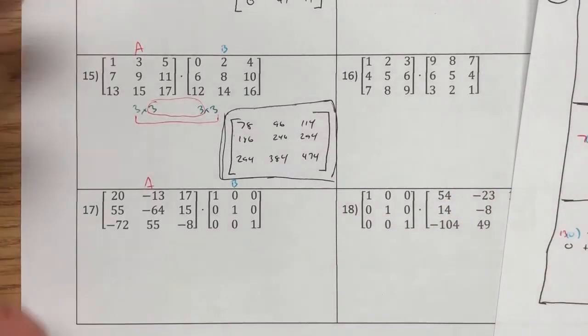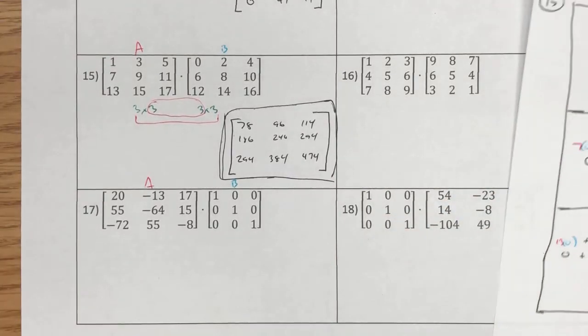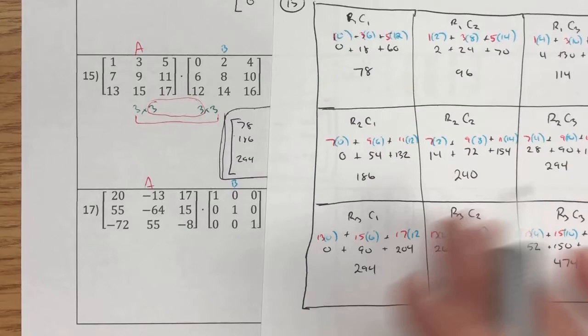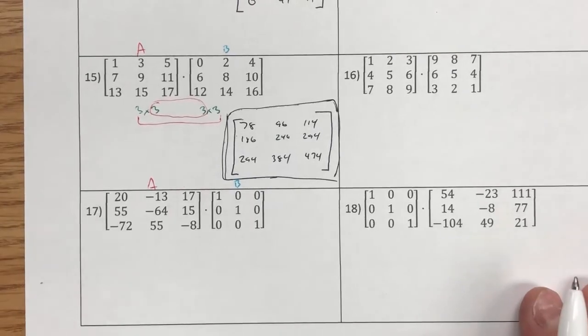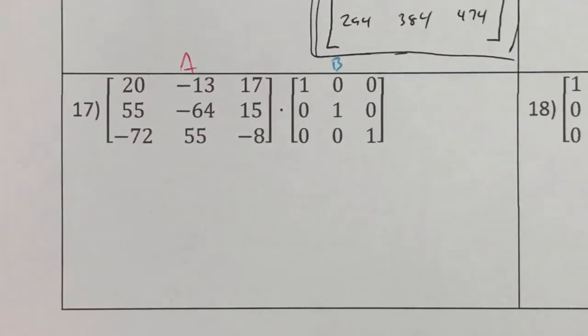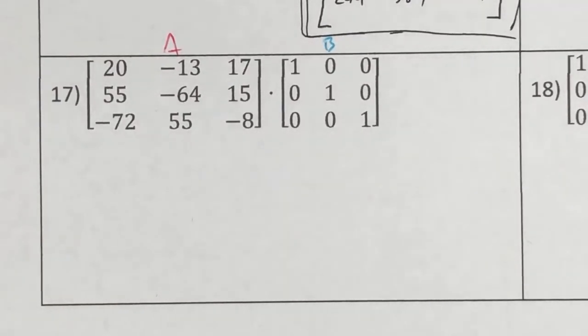Okay, so we see that we went through a lot of work for that one. We set up several different examples. None of this is extremely difficult. This is just a lot of arithmetic going on here. So if you check your work for number 17, you could have done it the long way and set up